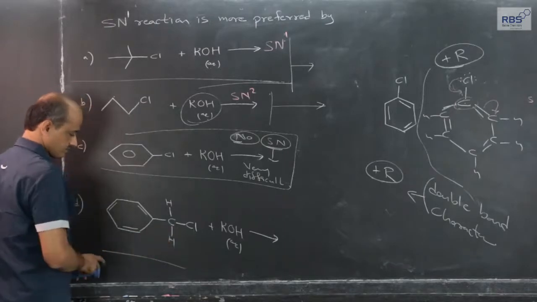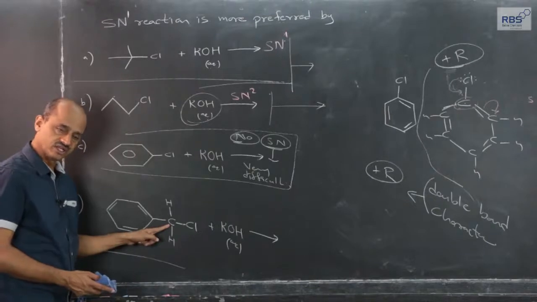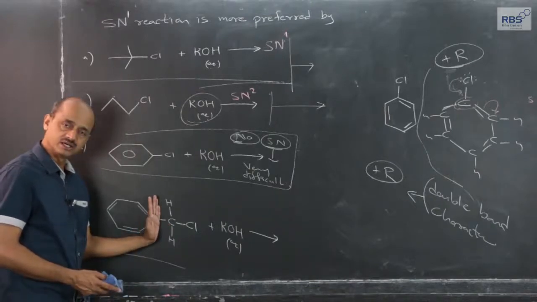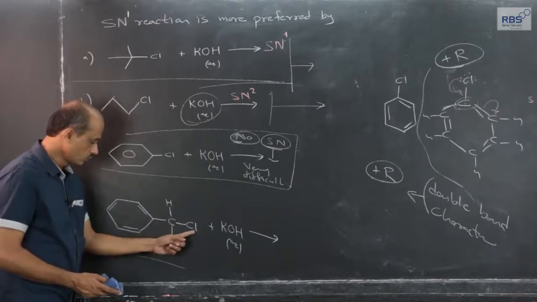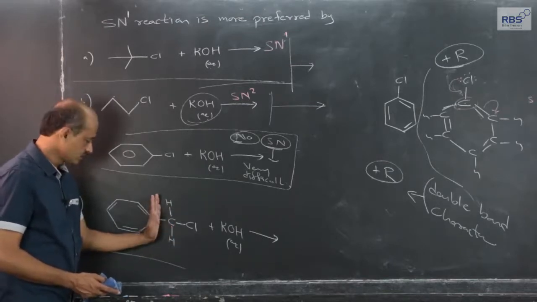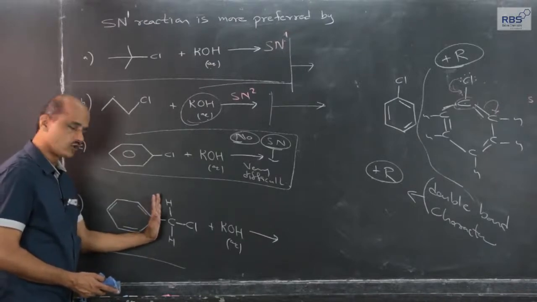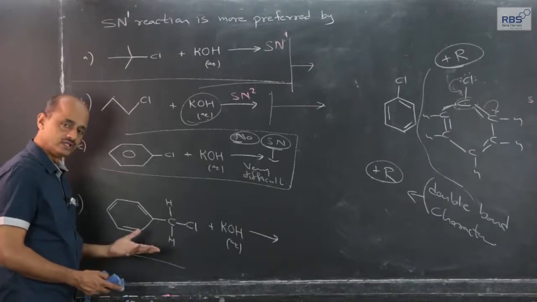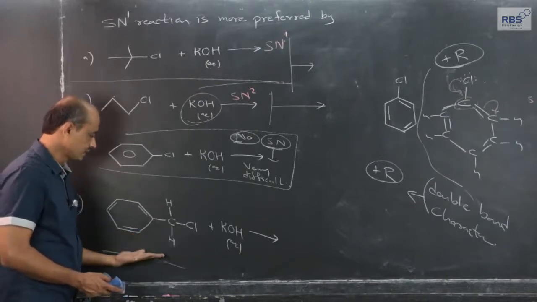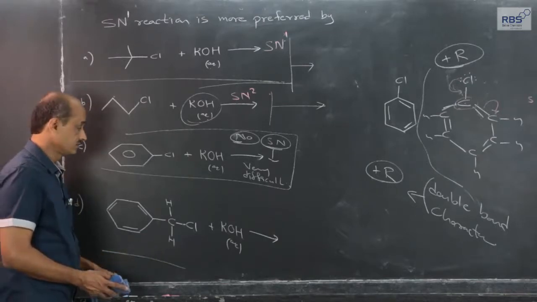Here in this case, benzyl chloride, chlorine is attached to an aliphatic carbon. This is a primary alkyl halide that way. This is a primary carbon atom. Chlorine is attached to a primary carbon atom, and this carbon is attached to an aromatic ring. So, by following the logic up till now, one should feel that this reaction should take place as per SN2, one step, opposite side attack.